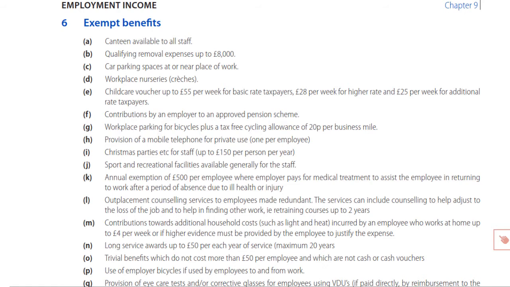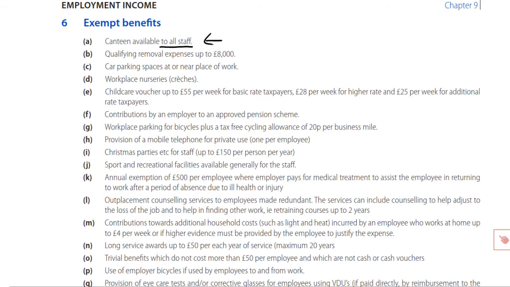So what have we got here? Now again, you can read through these, but let me pick out some of the ones that again we see on a regular basis in the exam. Canteen. You've got a subsidised canteen. Now as long as it's available to all staff, or it might be there's a works cafeteria and a management restaurant, as long as the basis for the provision is the same there to all staff, then that is an